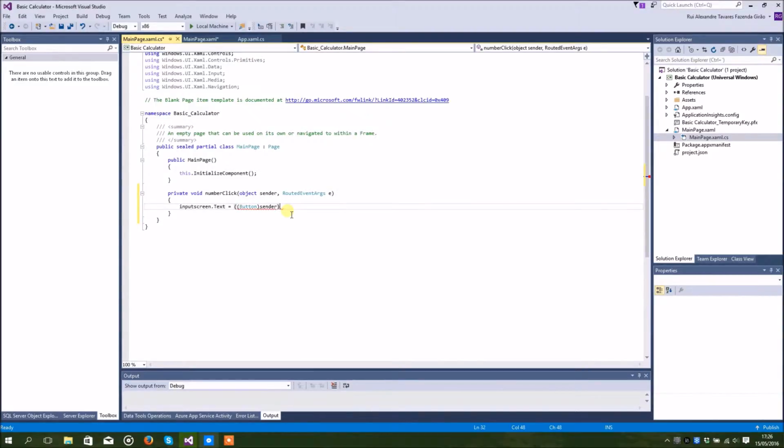In this case it is a button. I'm sure that it is a button, so I say before it, oh, you are a button, I'm telling you you are a button, and the sender knows it. So here I can put a dot and then ask for Tag, and then because Tag is an object, I need to make another dot and tell it ToString, open and close,